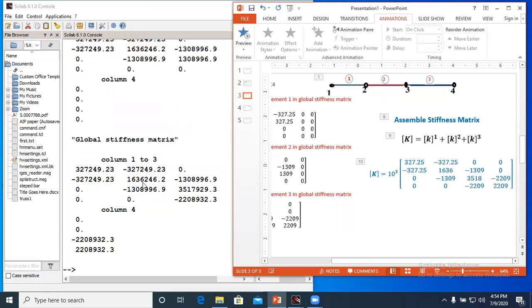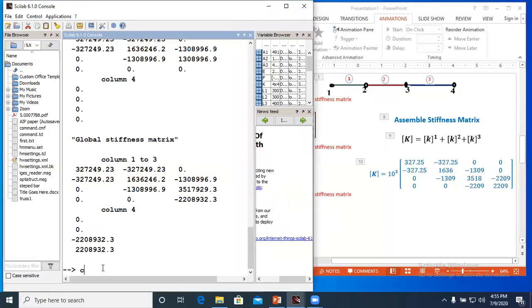Now next is 1636 into 10 raised to 3. Okay, and the third one is 1309 into 10 raised to 3. This is also the same. Next, this is the third row, and this one is the fourth row, that is 0, 0, 2209, 2209. Okay, in this way we can do the assembly of the stiffness matrices, or we can write the codes for assembly of the stiffness matrices.